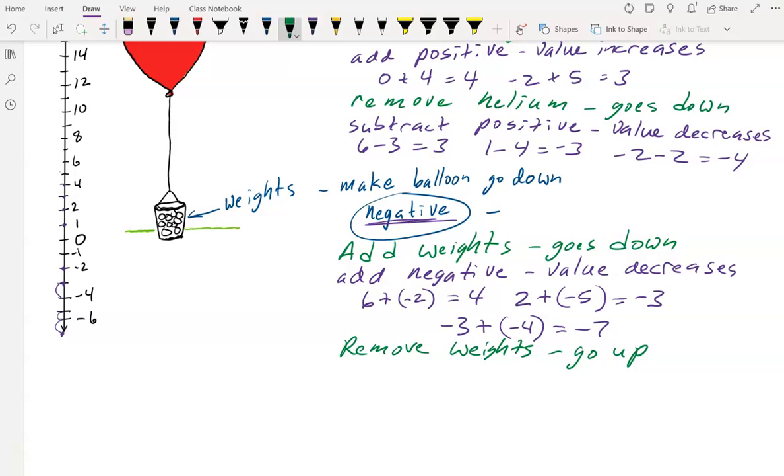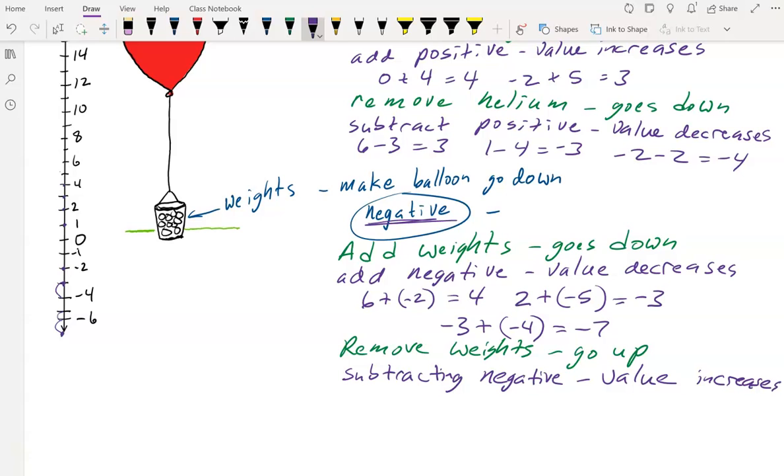So that's the same thing as if we're removing weights. Removing means subtracting. And weights represent negative numbers. So when we subtract negatives, that means that the value, it doesn't go down. The value increases. So when we take weights away, when we take negatives away, when we subtract negatives, the value